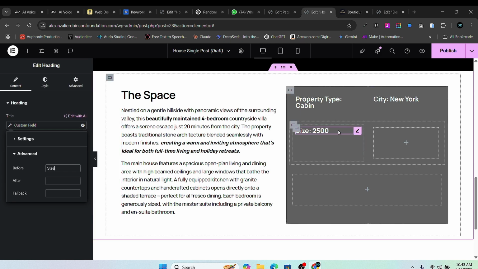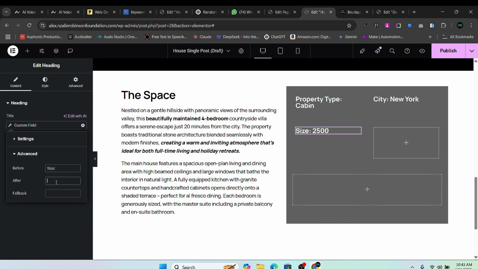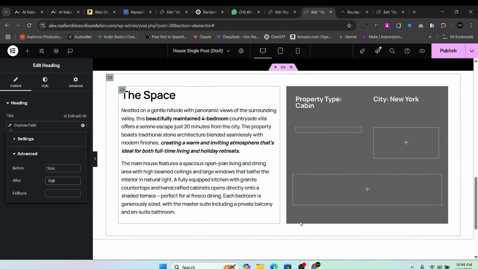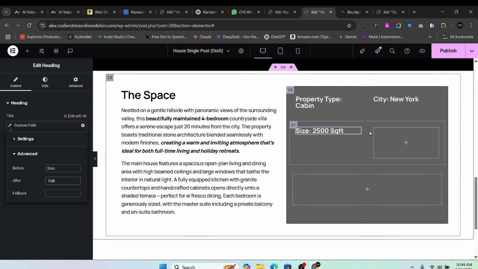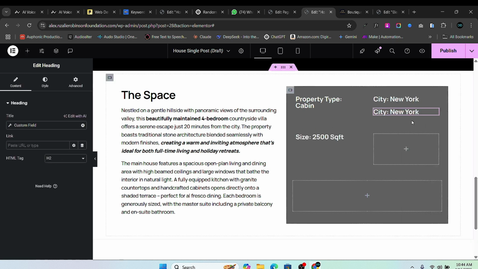Okay. Then since it's in square foot, after we should see SQFT, so it's going to put square foot after all of this, so 2,500 square feet. Then here I will duplicate this,